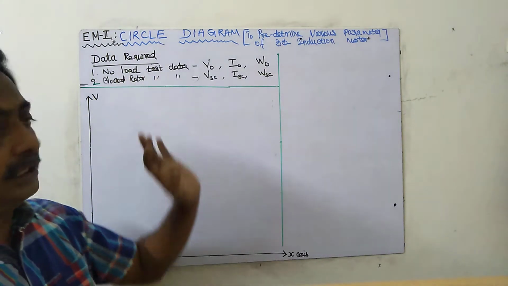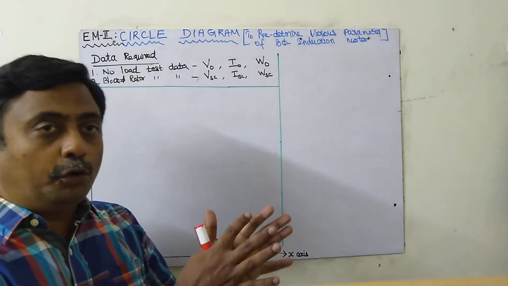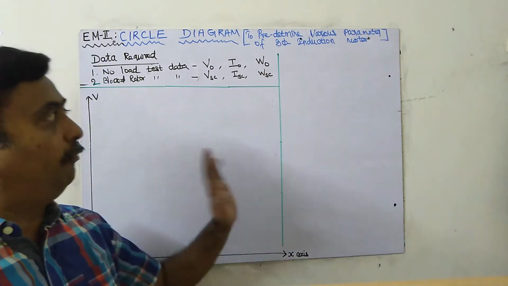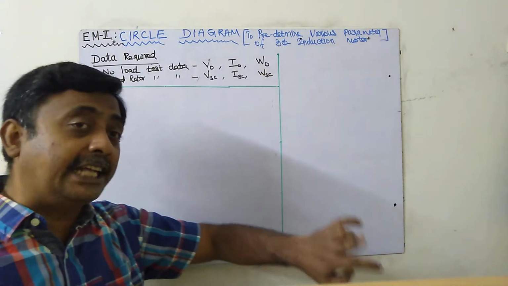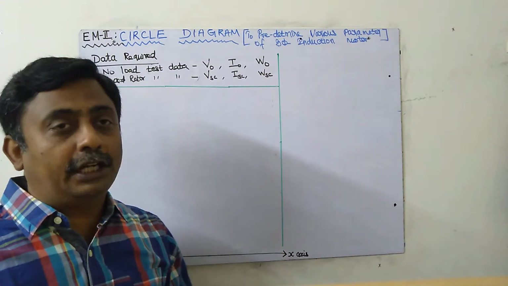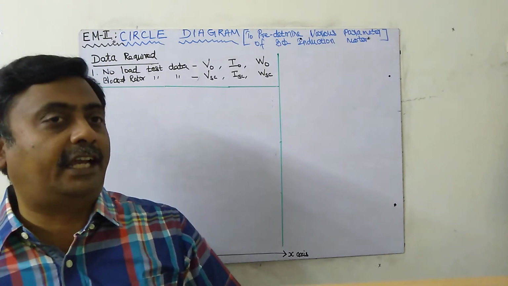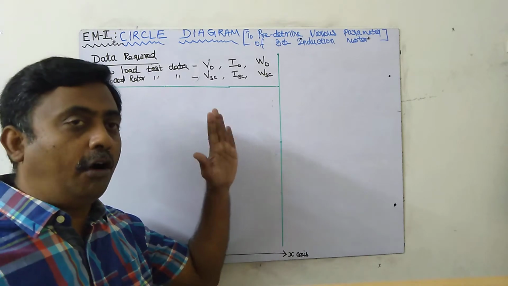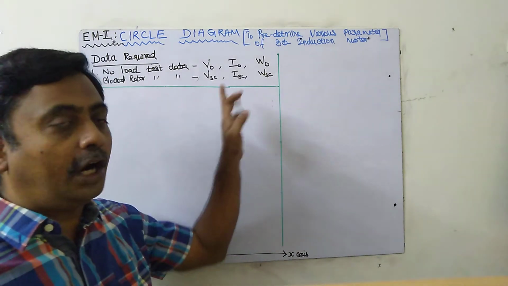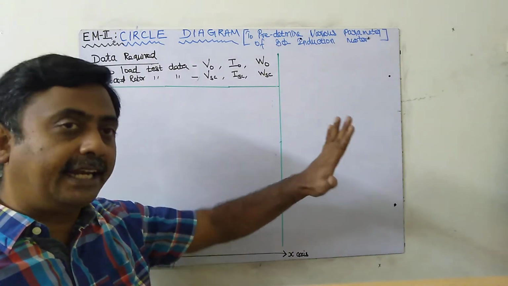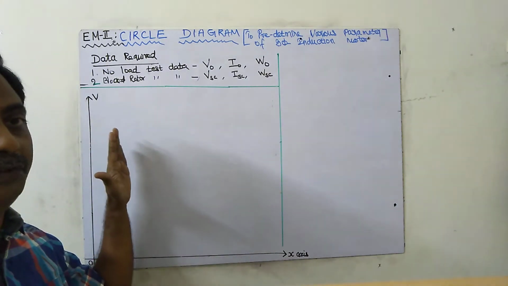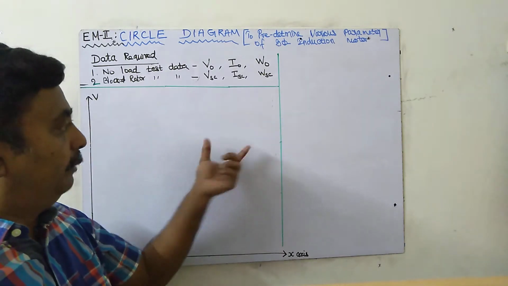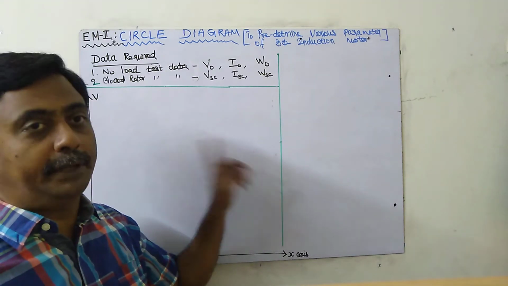One is the no load test. How to perform the no load test? We have to connect the machine as per the given circuit. We are doing the experiment at the stator side. The rotor side in a squirrel cage induction motor we cannot take outside; only in a slip ring induction motor can we go outside. But we are doing all the experiments on the stator side only. So all our meters are connected on the stator side, and the stator is connected to the 3-phase supply. All our meters are ranged to stator parameters.